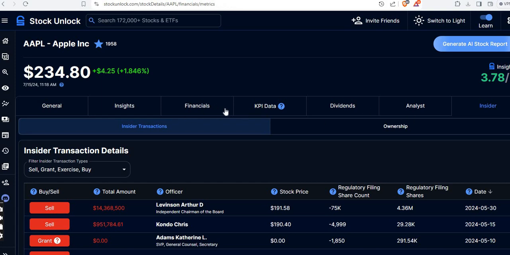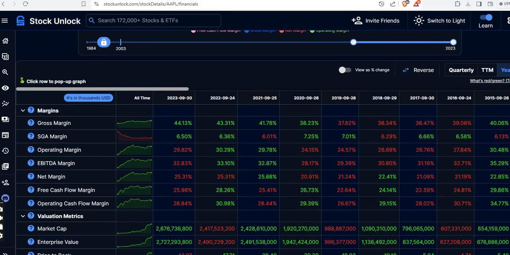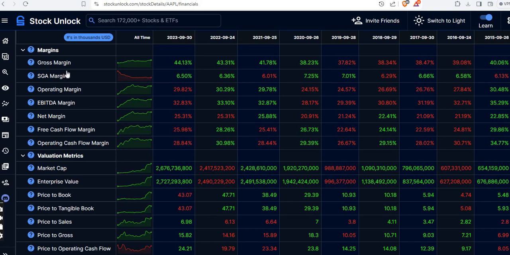This, going back to the financials here, the metrics, this is very important. This is one of the things I really keep a close eye on. So again, first thing here, the margins. These numbers are very important here. Operating margin, net margin, EBITDA margin, free cash flow, operating cash flow, etc., etc. These are important. You want these numbers. Again, what is a good margin for